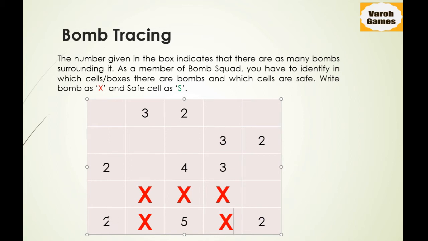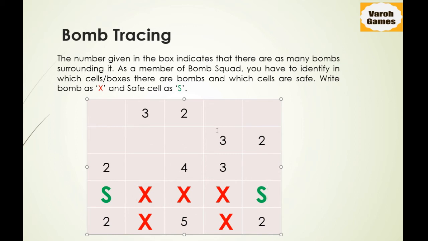Now let us move to another number. Now we can see our corner one. Over here what is written? 2. So around it should be 2 bombs and we have already identified the 2 bombs. One on this side and one at the diagonal position. It means this cell needs to be safe. So we can write S over here. Similar is the case with this number. This 2 written at the corner means out of these 3 cells, 2 cells need to have a bomb and we have already identified these 2 cells. It means the third cell would be safe. So we can write S over here. So this bottom part is solved.